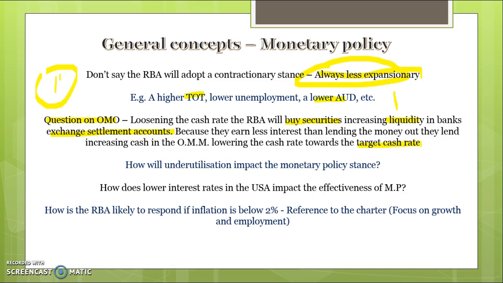Another key trick that you may get tested on in a multiple choice question: remember that if commercial interest rates change by 25 basis points, for example, that doesn't necessarily signify a loosening or tightening of monetary policy. The fact that interest rates have gone up this year is not a tightening of monetary policy, because the cash rate hasn't changed, it's just commercial interest rates that changed. So be careful about that sort of trick question.